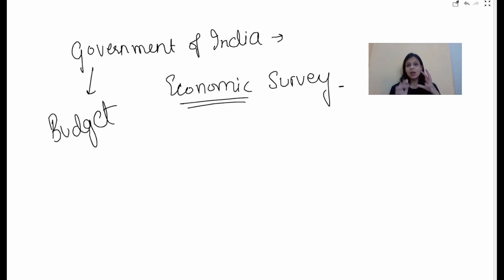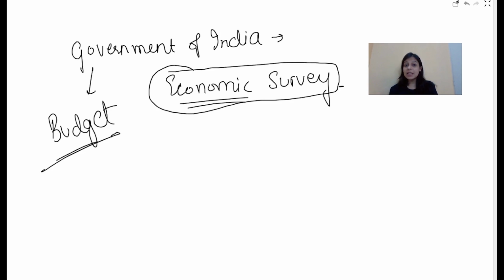So you have a record in which the government comes up with the figures of how and from where it is going to collect the money, and how and where it is going to spend the money. Budget is all about the future, the upcoming year. But there is something known as the economic survey. Survey basically means a report, and what you report is the health of the economy in the previous year. That report is known as the economic survey of the country, presented by the Government of India in the Parliament,